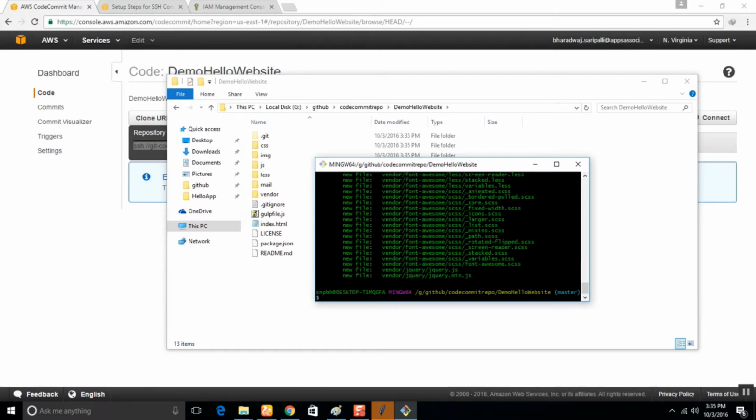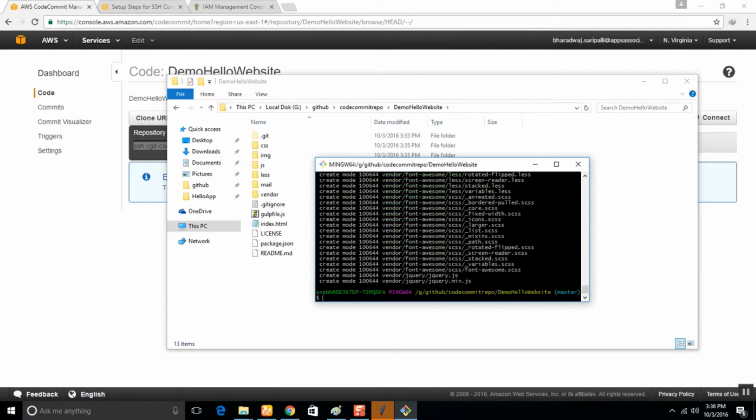and we will try to save them, commit them to the local repository. Git commit -m default web app downloaded from internet. Okay, this is the first thing. We have committed it. Now we will push this